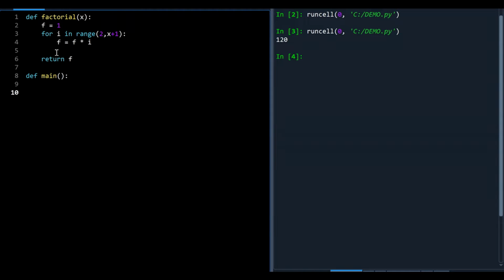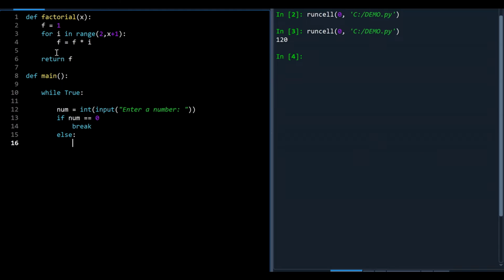Okay, so I need to continuously loop until I get a 0 entered, because you can't calculate 0 factorial. So that's the indication that we're going to stop. That was what was stated in the question. So I'm just going to use an infinite loop and get a value from the keyboard. So enter number, and if that number is 0, I'm going to break out of the loop, and otherwise I want to